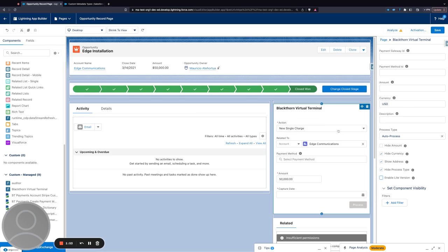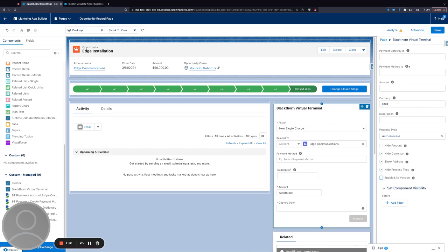Cool. So this is basically what the component level configuration allows you to do. If you don't have any custom metadata type settings, or you'd like to set some additional settings, you can do that directly on the component rather than having to do it on the custom metadata types. And this basically allows you to customize each instance, or each time that you use the virtual terminal,